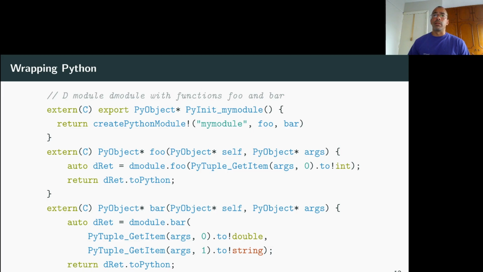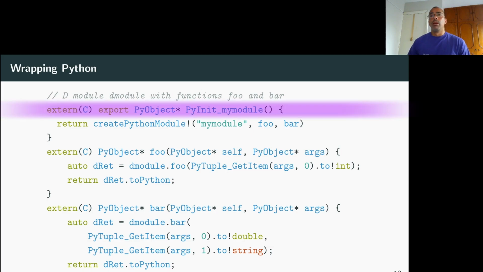And to be able to do that, this is basically the bare minimum code I need to write. I need to create the Python module. So in Python, if you say import mymodule, it will look for mymodule.py. If it doesn't find that, it will look for mymodule.so, and then it will open it. And by convention, it will call a function because it needs to know what the entry point is, PyInit underscore name of the module. So this function has to exist with that name. It has to be an extern(C) function, and it has to return a PyObject star. PyObject star is basically Python speak for any value ever.